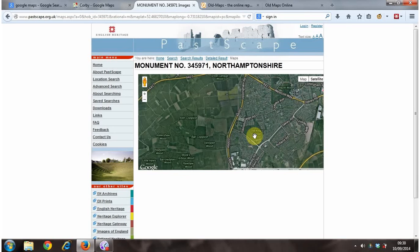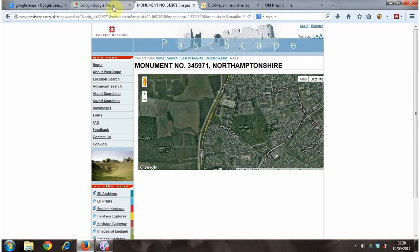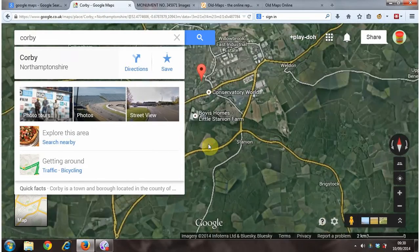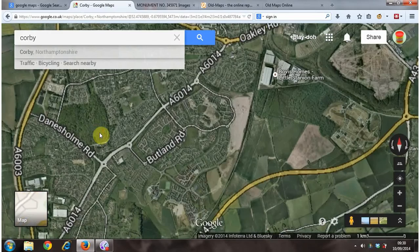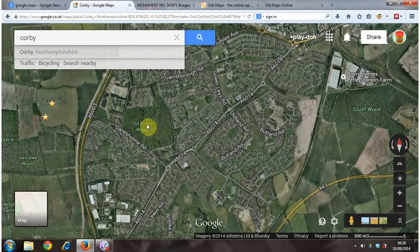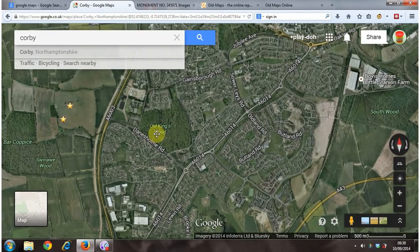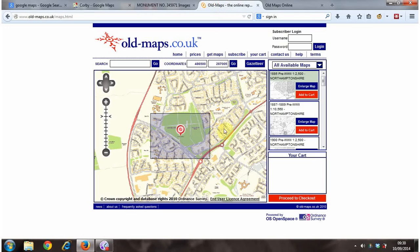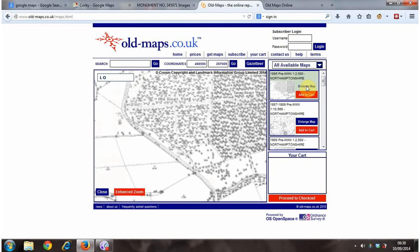Here's this wood's close at my house. If I go back to the Google Maps and zoom in, there's the woods nearest to me. And if I go on to old maps, this is another one. You can search back to 1886. So if I just hit enlarge that map,